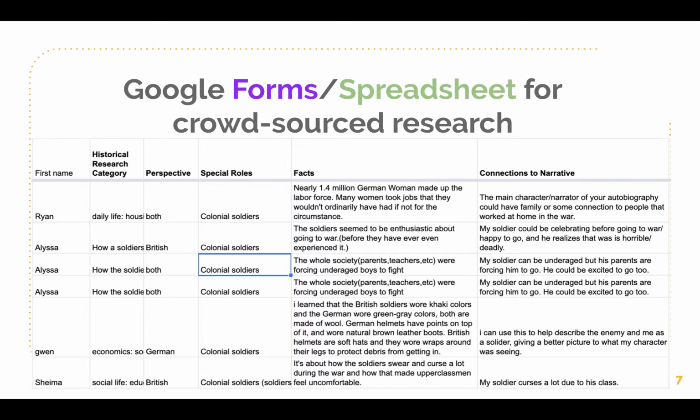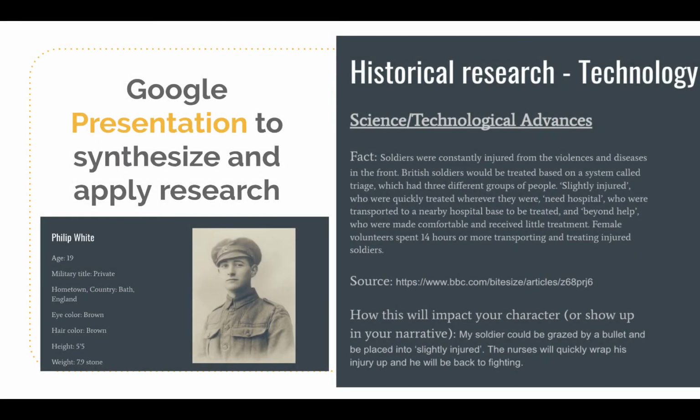We had them submit a form with several fields, including the perspective, whether it related to British, German, colonial soldiers, or all three, and which historical research category it fit into, so that it was easily sortable for the next activity. In the next activity, students sorted through all of the crowdsourced research that all of the students in the 9th grade had done and chose specific facts that they thought were interesting and helped them generate ideas for their